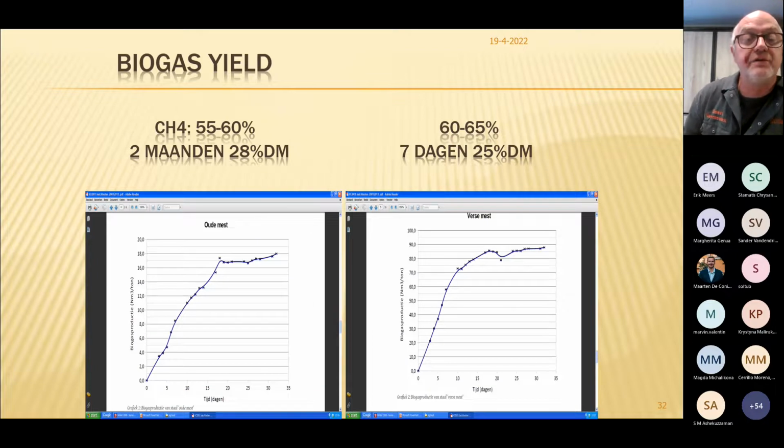Slide, which is also very interesting, a little bit like Sander explained it. One of the tests that we have done is the biogas potential between old manure, that's on the left slide, and fresh manure. Old manure here is, I think, around 28% dry matter. So it's a sample in a manure treatment